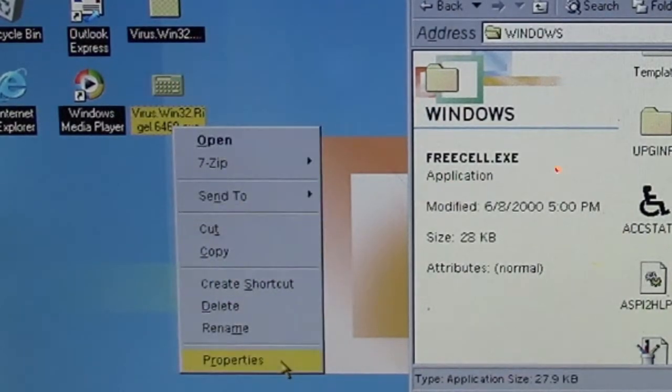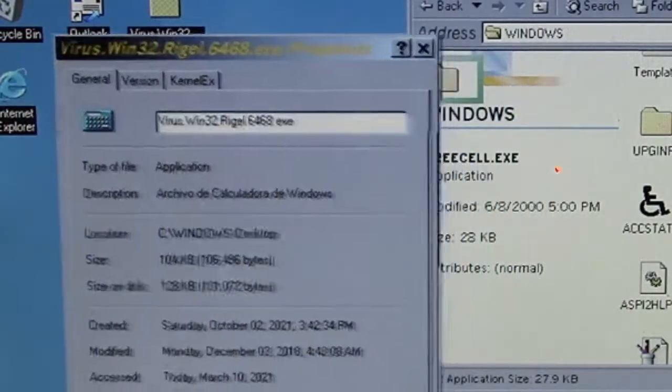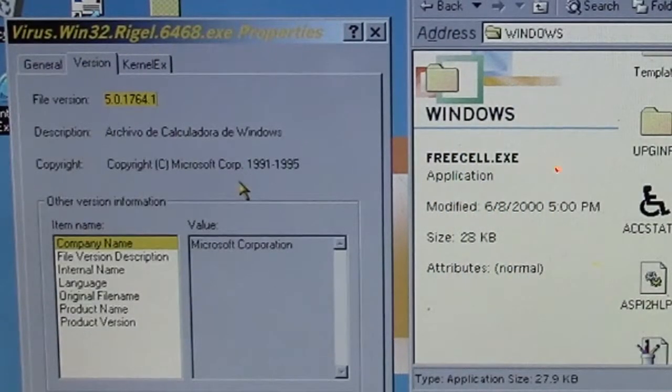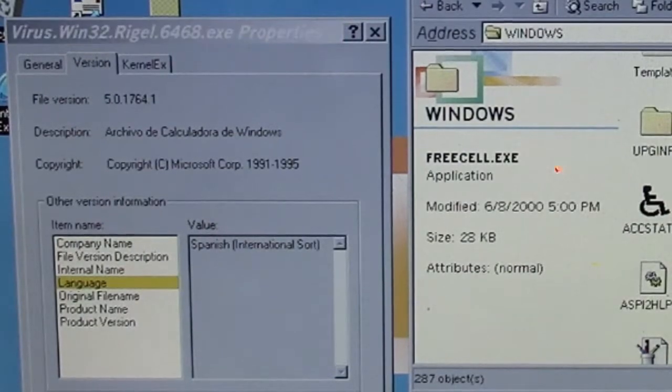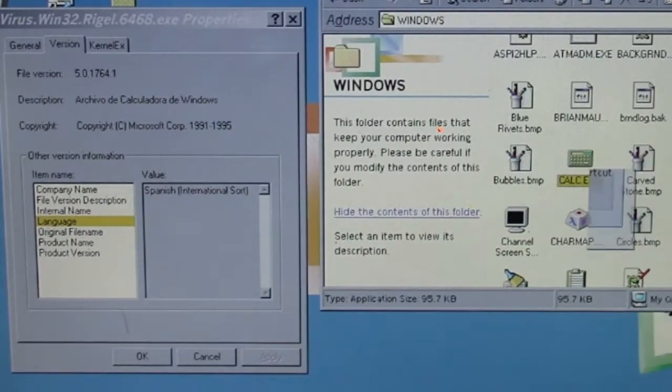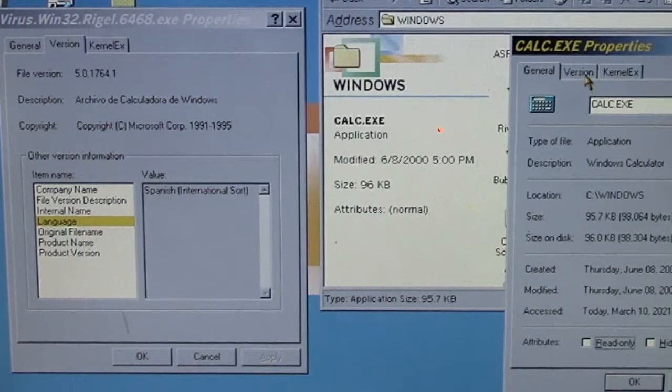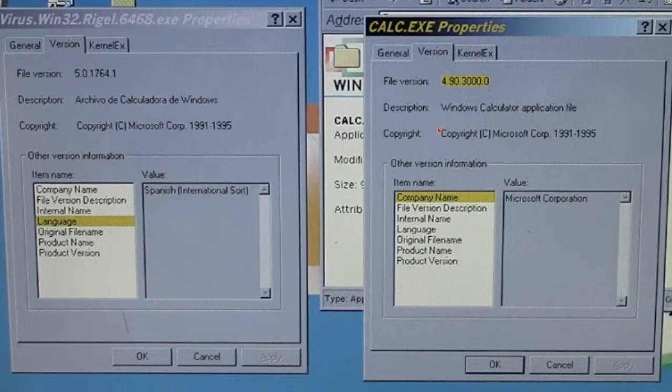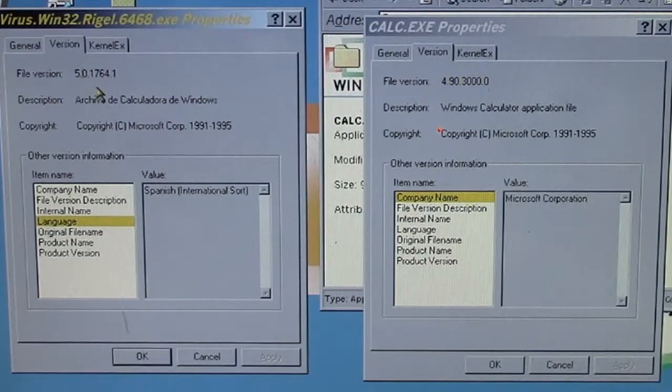Now, take a look at our details here. So if we go into our version history, we can see it's Microsoft Corporation. And from this here, we can tell that it's in Spanish, and we can verify that by looking at the language. It says Spanish International Sort. And we can confirm that if we look at our regular calculator, version history. And we can tell actually that this must be a newer version of calculator that became infected with the Rigel virus, because this is version